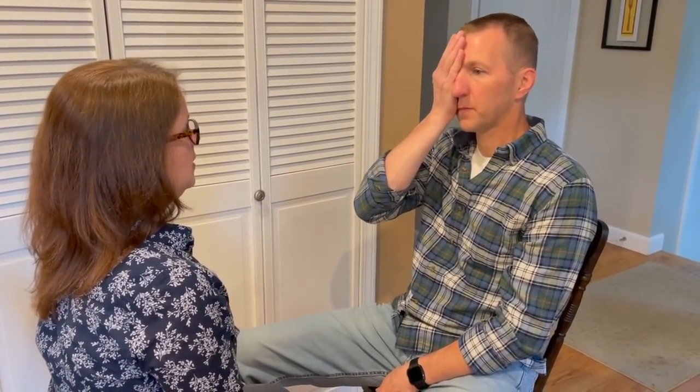Perfect. We're going to start by assessing visual field, and when we assess visual field, we're going to assess one eye at a time because the visual field can be different in each eye. And we're going to start by having our patient cover the eye that's opposite ours as if we're looking in a mirror. So I would say, Mike, can you please cover your right eye and keep your head up nice